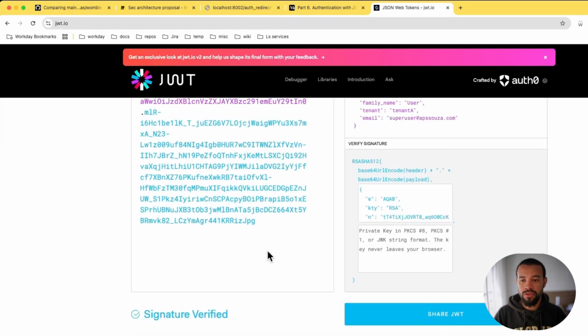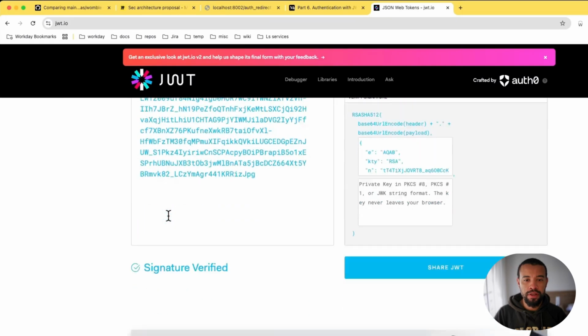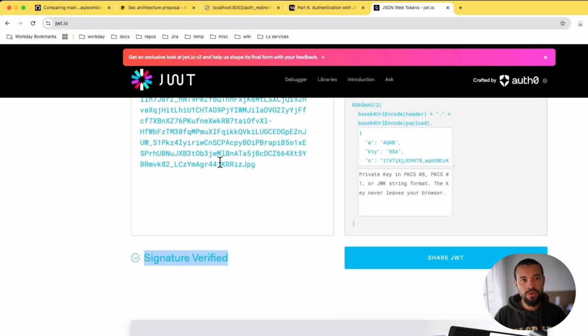The first thing we want to notice is that the site is saying that the signature was verified, right? And how is this possible? How can a service on the internet verify our local token? The first thing is that it is a browser, right? It's running locally, using JavaScript to access our local environment. How are they able to verify this? It is that